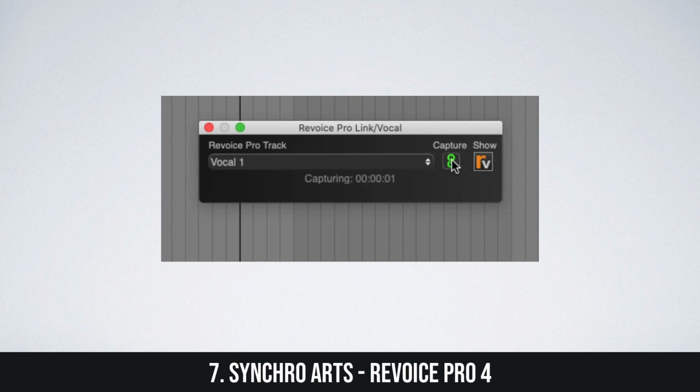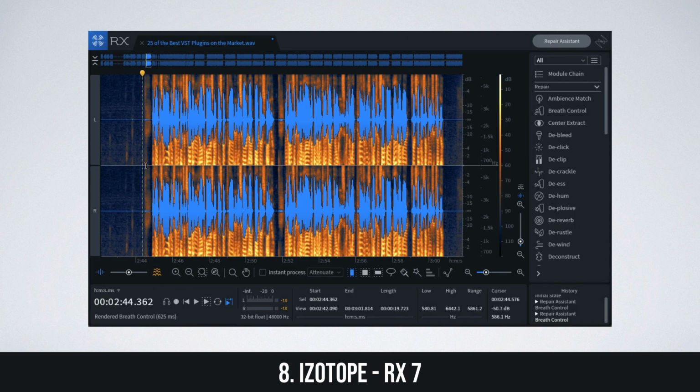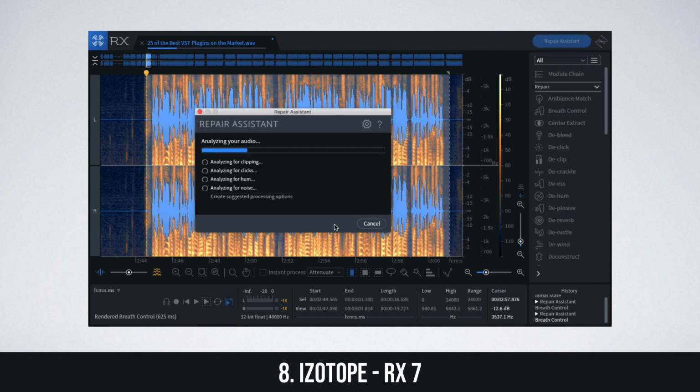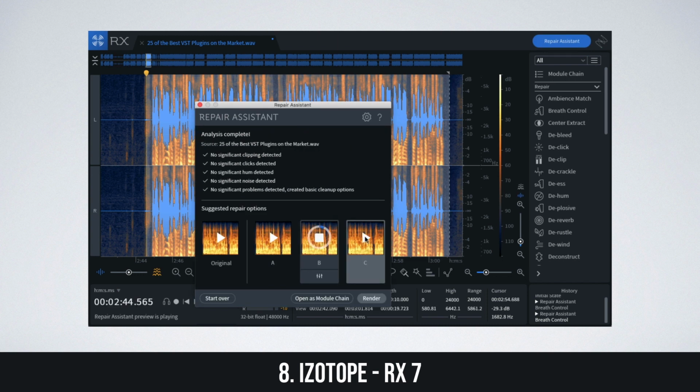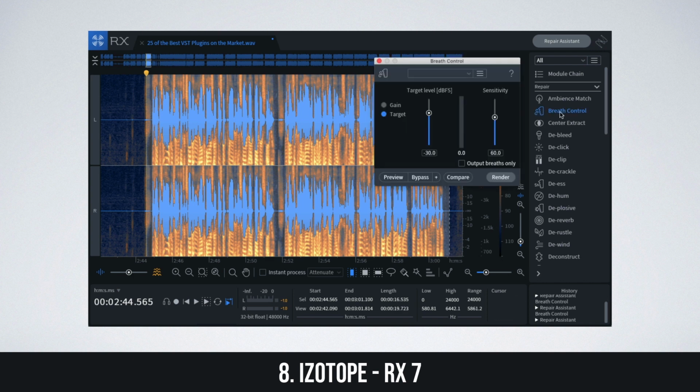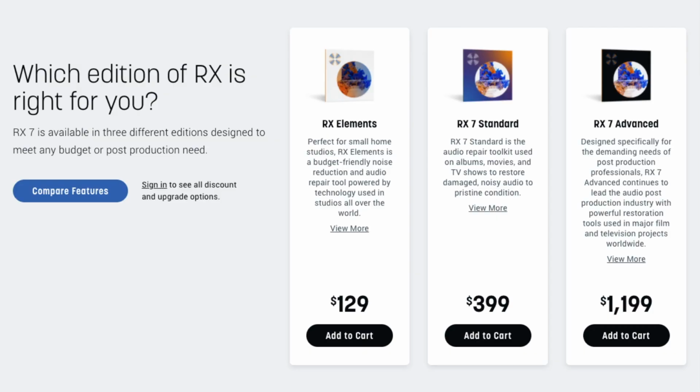RX7 is an audio repair assistant plugin produced by iZotope that lets you apply audio spot cleaning in seconds. It allows you to rebalance track levels quickly, reshape the intonation of dialogue, as well as remove the effects of reverb, clicks, clips, rumble, noise, crackle, rustle, wind, plosives, and sibilance. There are additional modules that let you clean up breaths, fill gaps in audio files, match ambience, and correct phase issues. The advanced version of RX7 is best suited for post-production engineers.